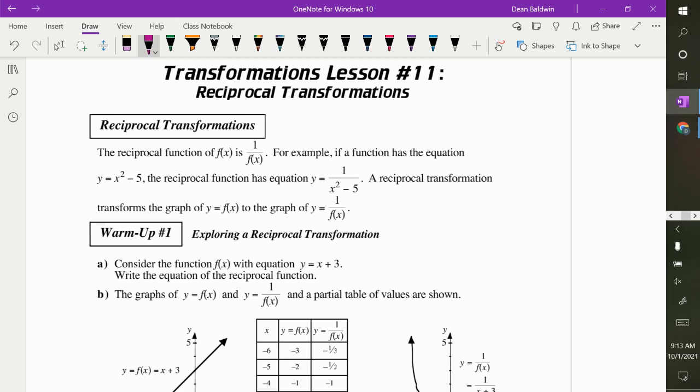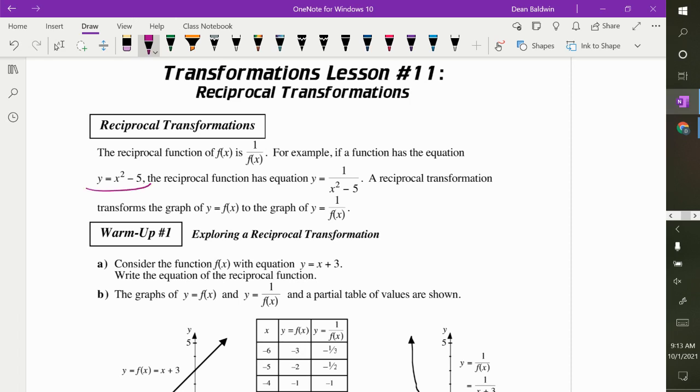So reciprocal transformations. They used to have it in Math 11, and then I think it got taken out of Math 11 too, so then it just disappeared from the math curriculum. So we learned back in the first chapter that there were 2 cases when you had domain restrictions. What were they? When you have a square root or variables in the denominator. Reciprocal transformations